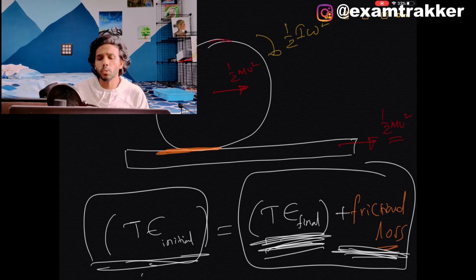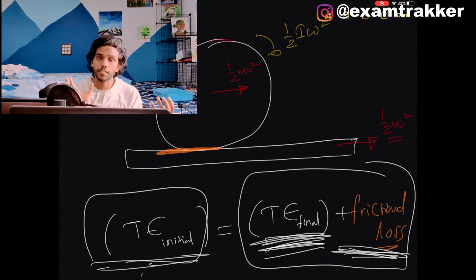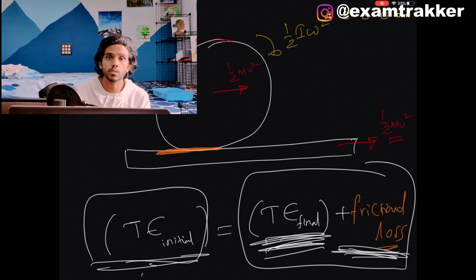So you don't have to look at all the big equations when you're looking at a work power energy problem. All you need to do is look at the system and try to write the energy of the system. If there are frictional losses, add the frictional losses also, and the problem will be solved.